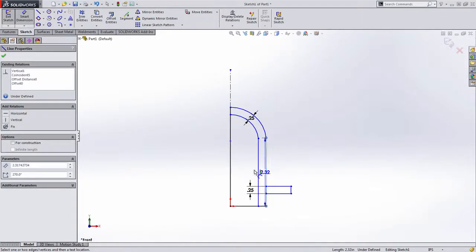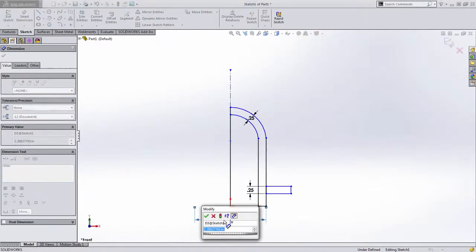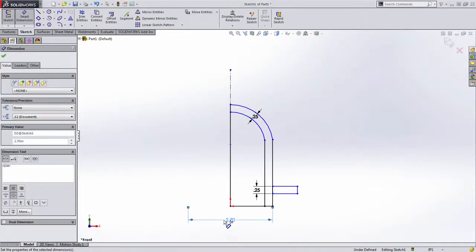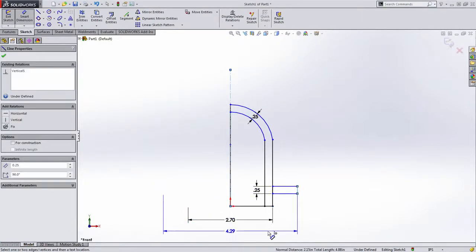In SOLIDWORKS, if you dimension from an entity to a center line, remember I mentioned the center line is going to give us a lot of valuable capabilities. If you move your cursor across that center line, you'll notice that the dimension changes to be the diameter value. And in this case, I know the diameter to be 2.7 inches. This way I don't have to do any math to calculate what the radius is. We can then again just simply select this other line, and SOLIDWORKS remembers that we were creating diameter dimensions, and